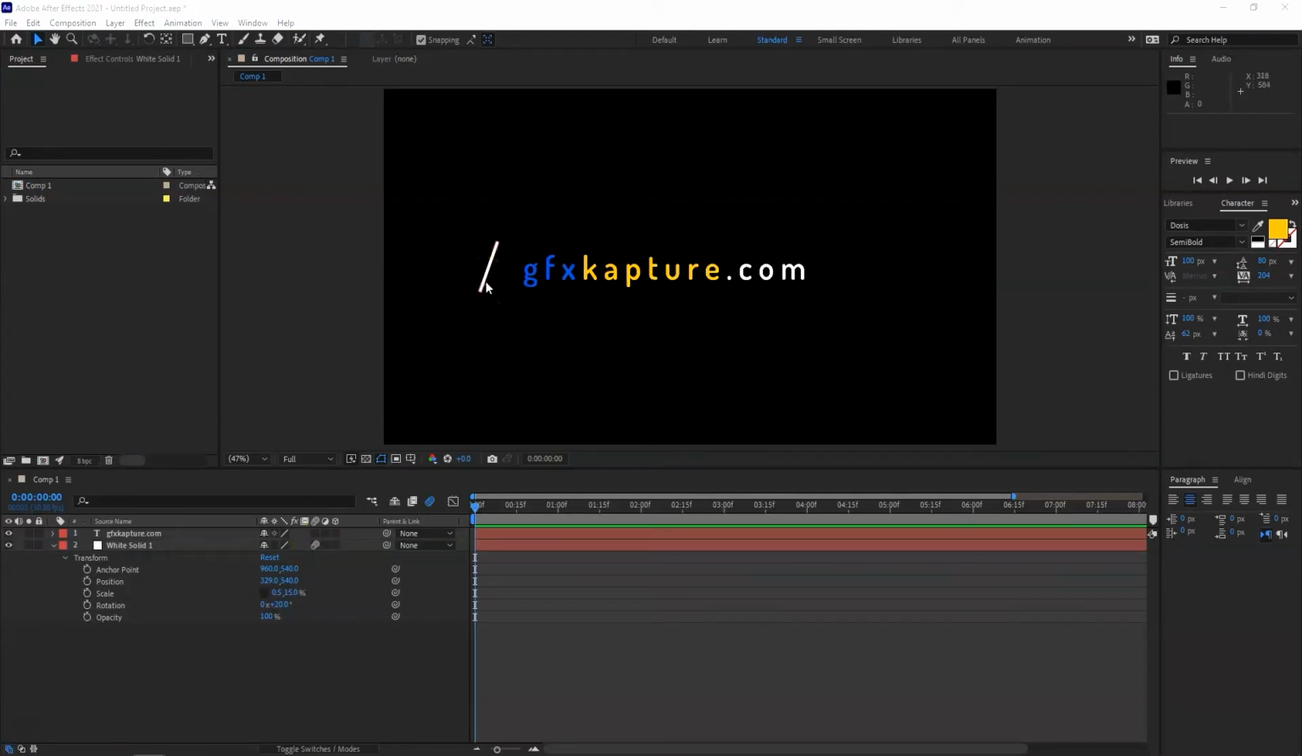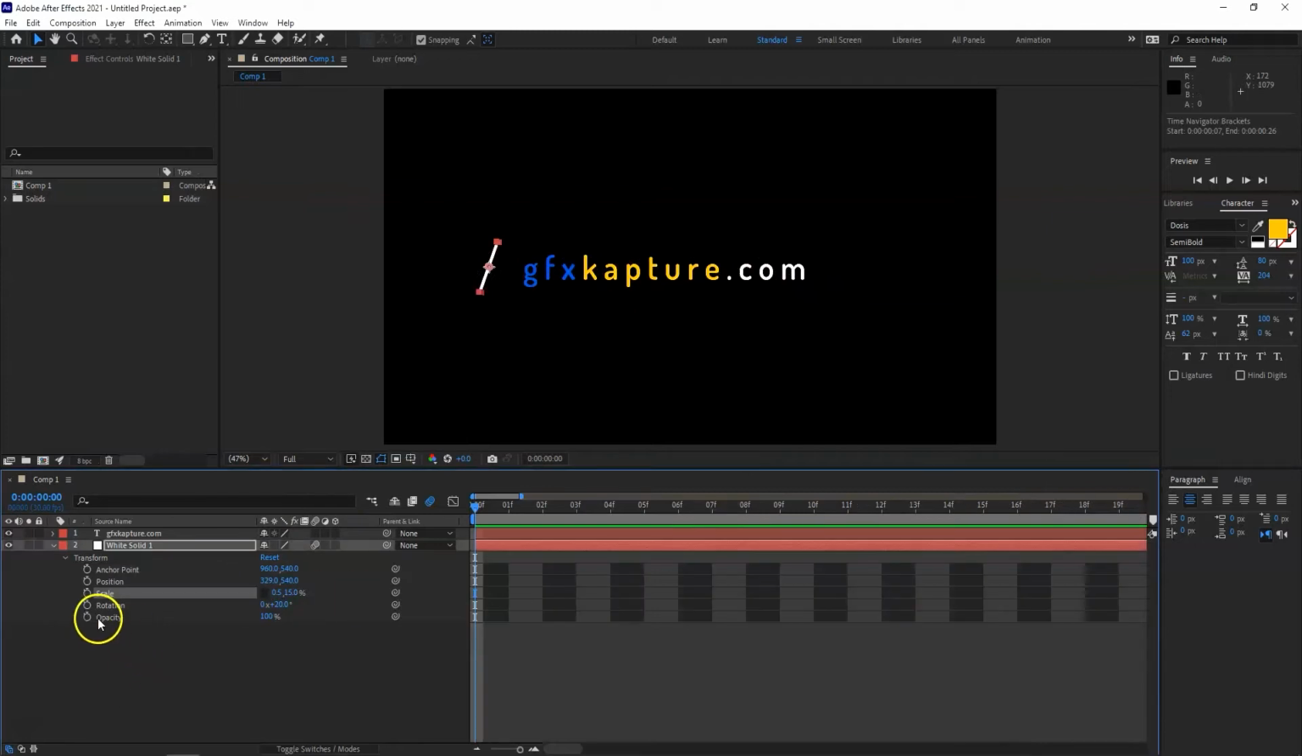Now what we need to do is I would like this white solid to appear from nothing and it comes up with like a bounce animation, and then it starts going from left to right. Okay, so for that what we need to do is to put a keyframe on the scale, and at the start of the animation make the scale as 0